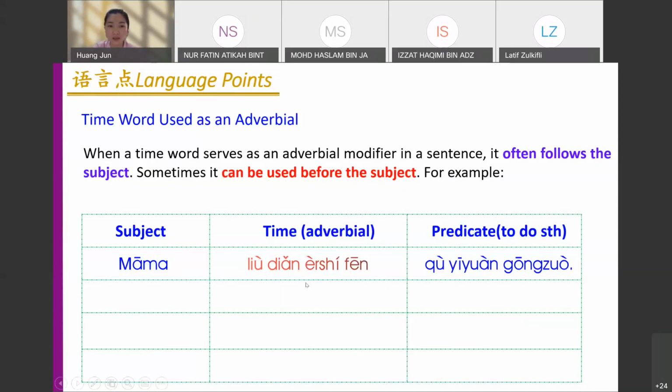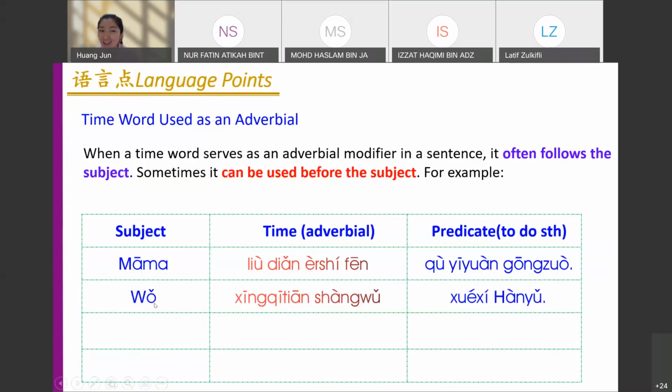Then continue. 我学习汉语, I study Mandarin. So we put the time: 星期天上午, 星期天. Sunday. Okay, 星期天 means Sunday. 上午, morning, right? So the meaning is I study Mandarin on Sunday morning. So here, very good. We have people following that here.